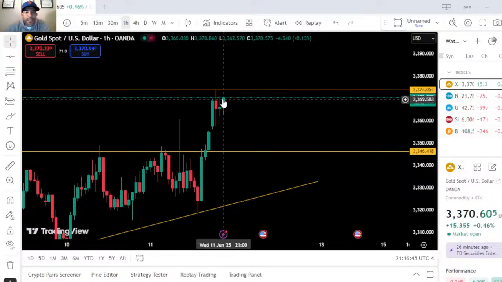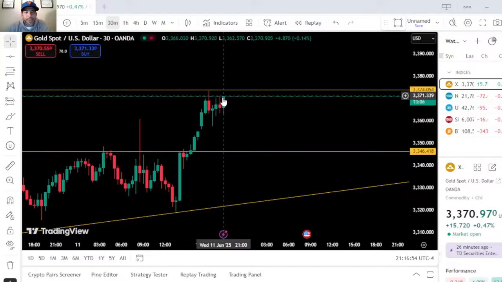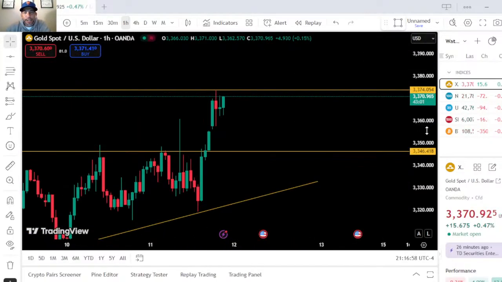I don't know. I'd say either a 30-minute breakout here, but a 30-minute closure above this resistance will probably be a good sign. Look for the entry, but